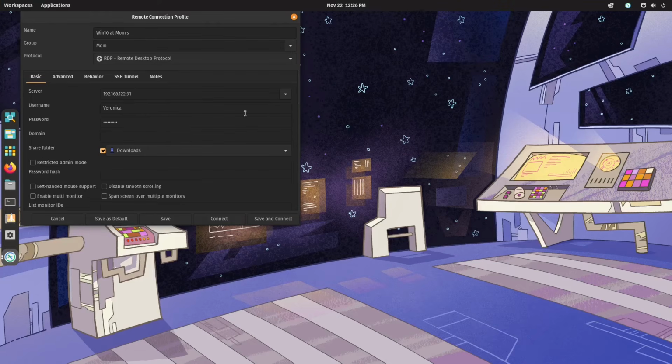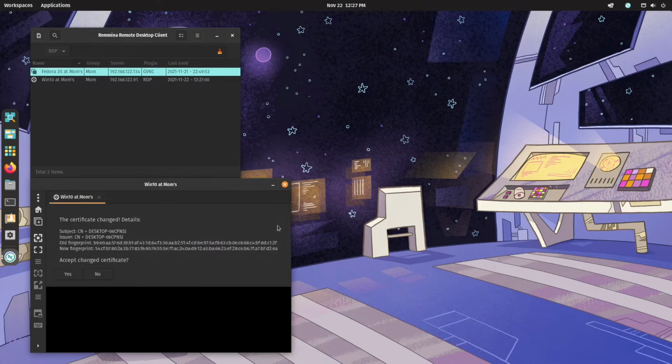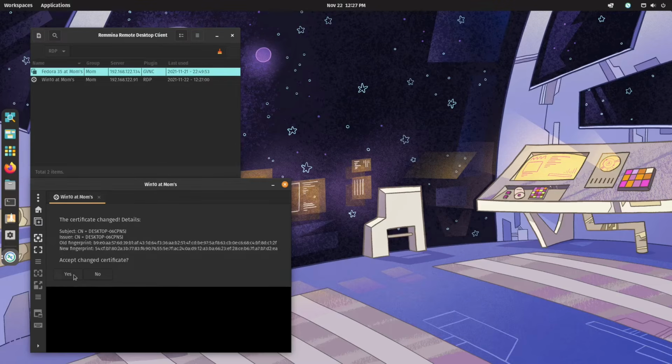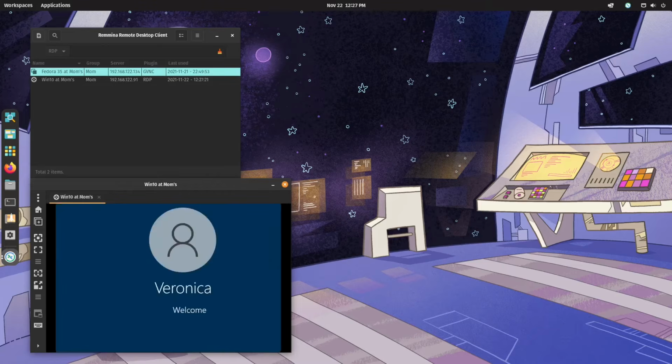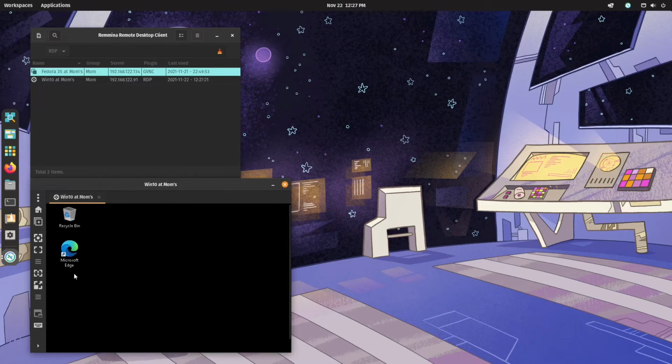Now, we save and connect in order to make the connections happen. You might get a pop-up about accepting a changed certificate. In my case, it's because I've used this IP address before on another machine. I've also seen similar warnings on initial connection to a new server. I'm confident in this case, I'm safe to hit yes. If you're connecting using Remmina in a secure environment and you see an unexpected warning about changed certificates, you may want to review the access rights of the remote machine. In any case, here I hit yes, and after a moment, I'm connected with the remote Windows machine.